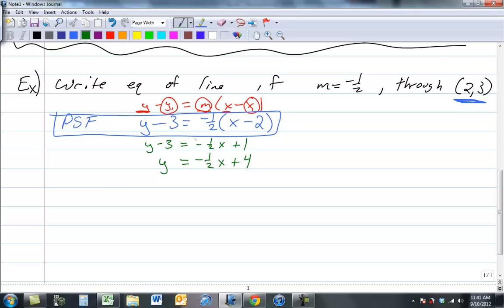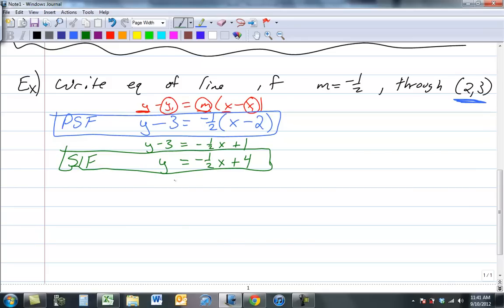Right? And look at that. When we get y by itself, it mathematically becomes slope-intercept form. So check this out. All you have to do is plug it in for point-slope form. If you want slope-intercept form, you take those plugged-in values, distribute, and then get y by itself, and there it is